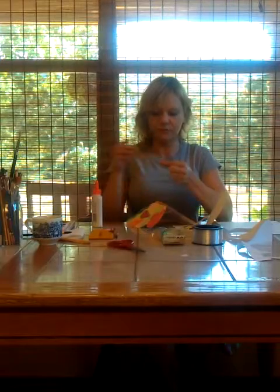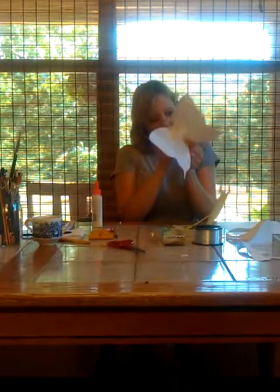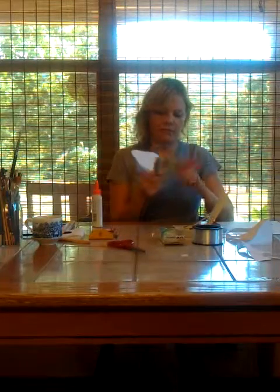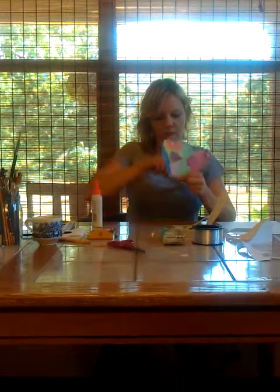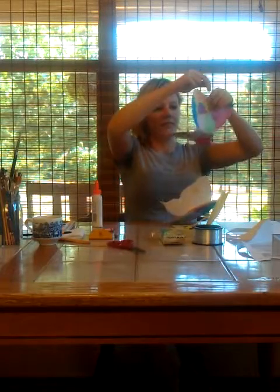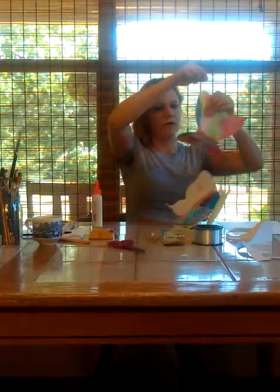Okay, so that's one butterfly. Now here's the reason we put the holes in these butterflies. You're going to take your string and run it up through that hole. Like that. And then once again, you get to decide how you want your butterfly to fly. This one, I think I want a little bit more to the